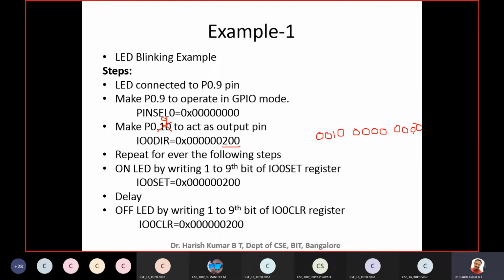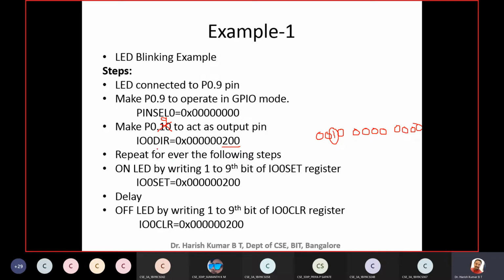This is the 0th bit, first, second, third, fourth, fifth, sixth, seventh, eighth, and this is the 9th bit. The 9th bit I'm making 1, and assigning it to IO0DIR. This will make P0.9 operate as an output pin.